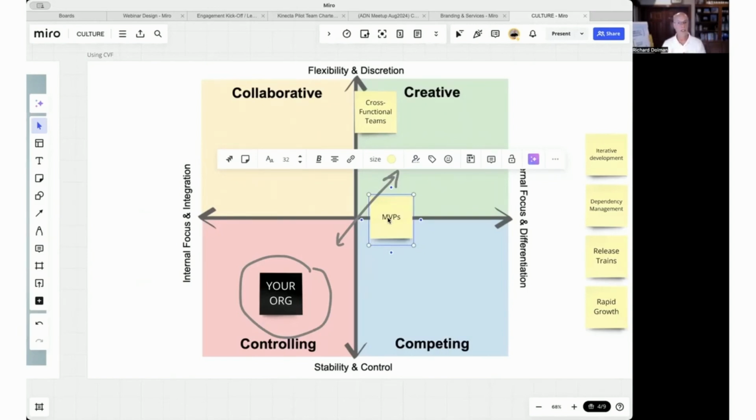So one dimension of MVP is going to fall in that creative space. If we're going to use minimum viable product as a technique, we're going to make sure that we're giving the product owner or product owners as much autonomy as possible so that they can make those decisions. We also want the teams to have some level of autonomy so that they can help negotiate with the product owner what makes sense to go into the first MVP versus some subsequent release. So again, you're going to have that same tension as you have in cross-functional teams. You're going to have to negotiate any of the hierarchical challenges, and you're going to have to negotiate also any controls that go into this.